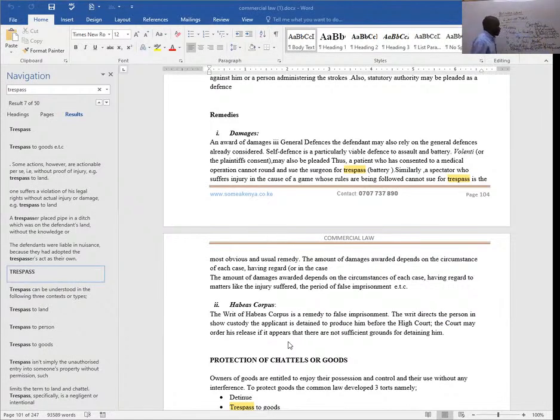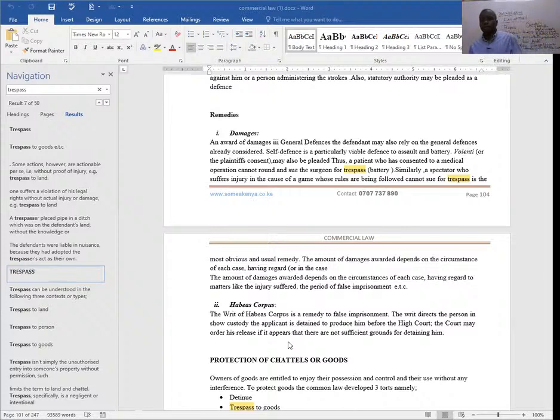So you've said it can be categorized into three: assault, battery, or false imprisonment. Then you have the last form of trespass, known as trespass to goods. This is whereby the owners of goods are allowed